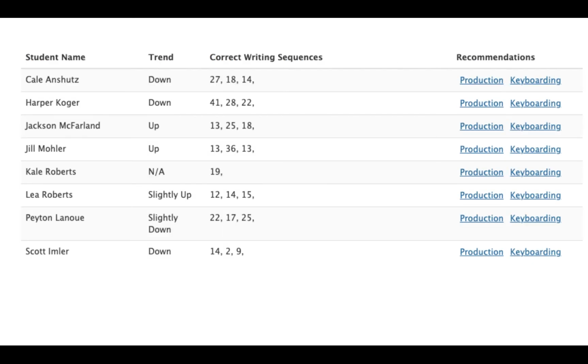Increasingly, you also want to find progress monitoring systems that connect the dots. And what I mean by this is this system also allows in the dashboard, IXL does this as an example, other progress monitoring tools do this, and that is, I've noted what the child is struggling with, but what is my solution? What's my suggestion? And as you can see on the recommendations column, there's a whole host of things that are being listed here. In this instance, it's production and keyboarding, but it could be organization, it could be drafting, it could be editing, and of course, in this instance, it links to solutions, to strategies, to examples